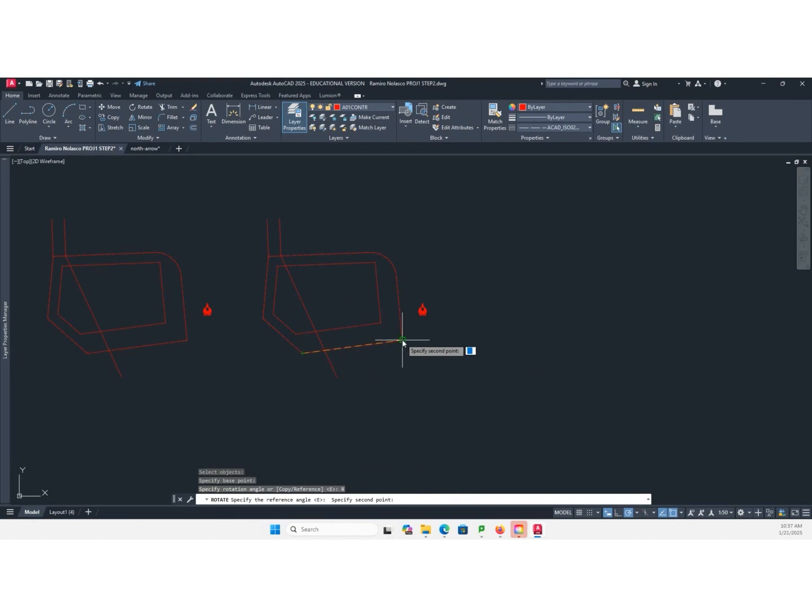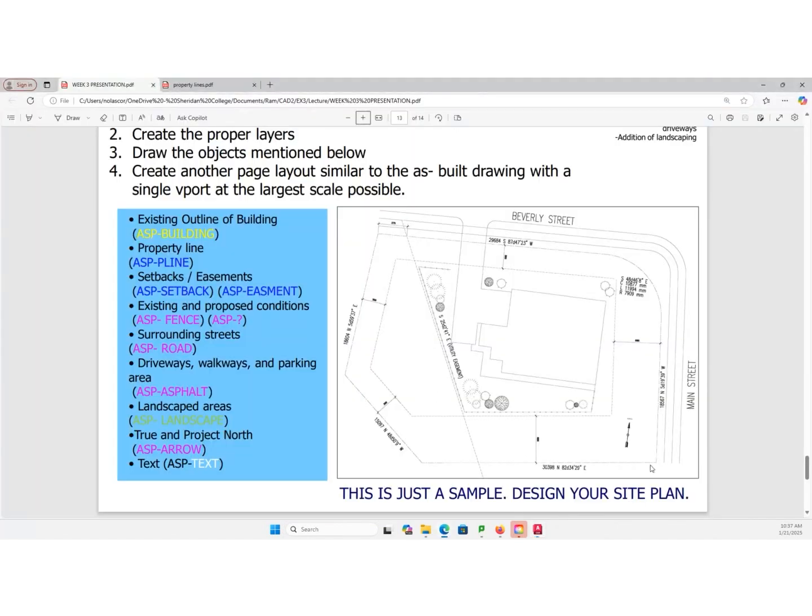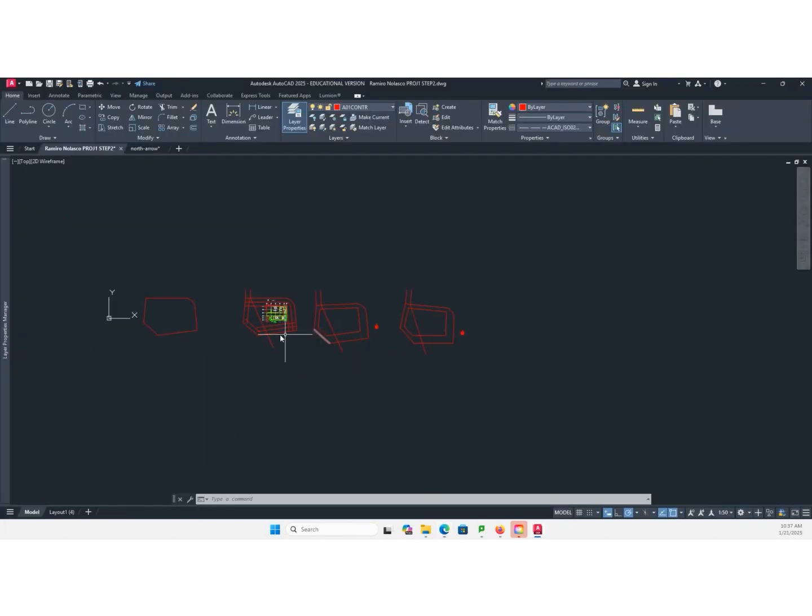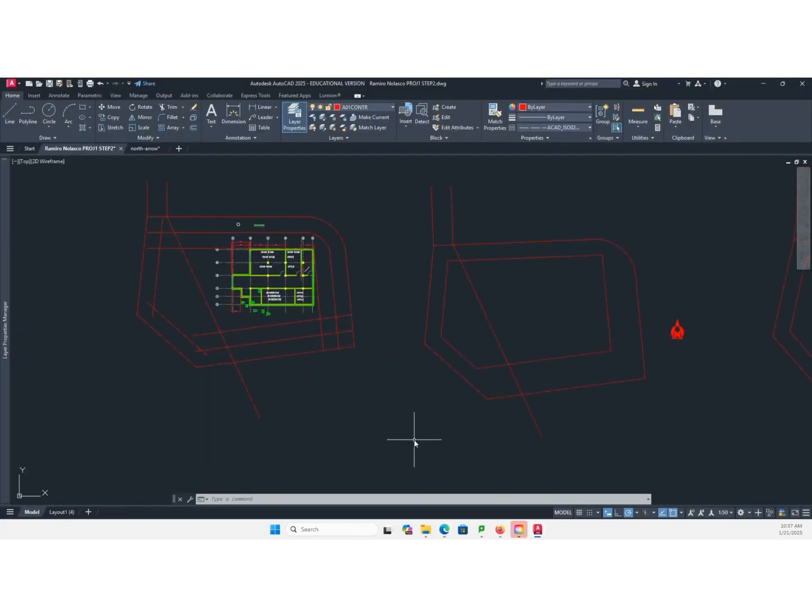This will be my reference, and now I can snap that to the 0 degrees. So it's now aligned to this. And your building will be aligned to this. So it will be different from this orientation. So you now have this.